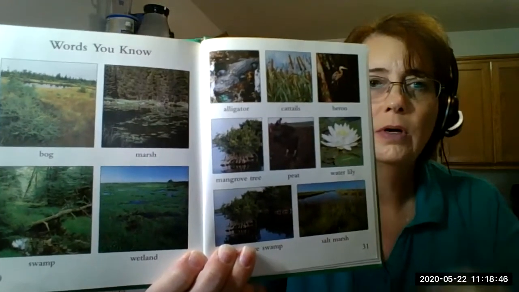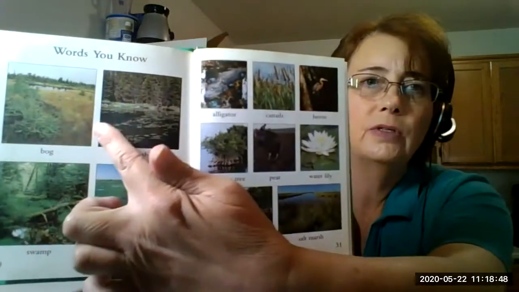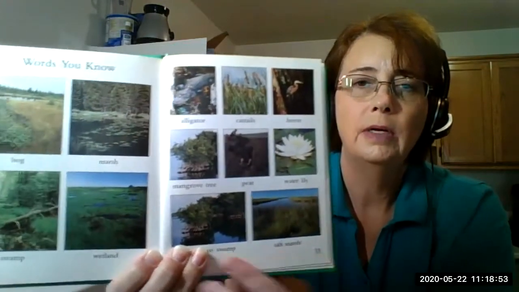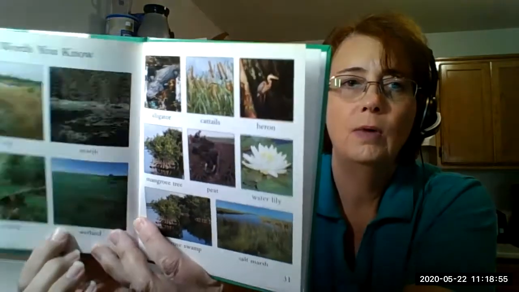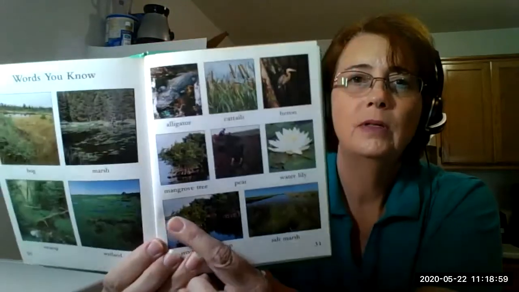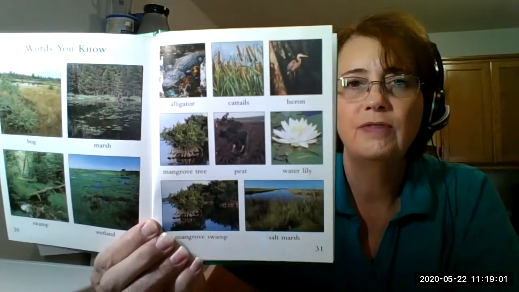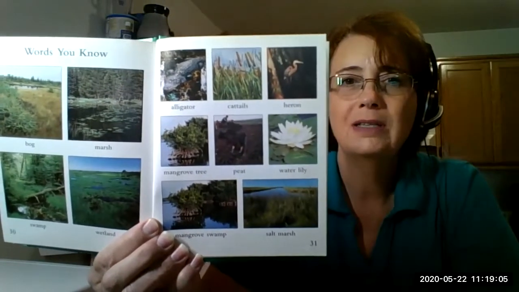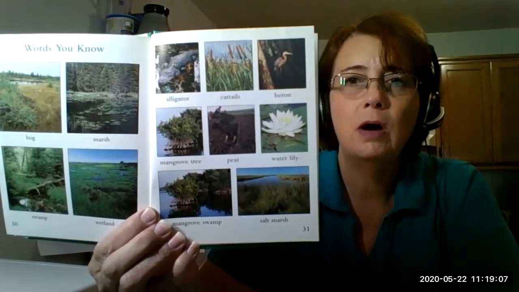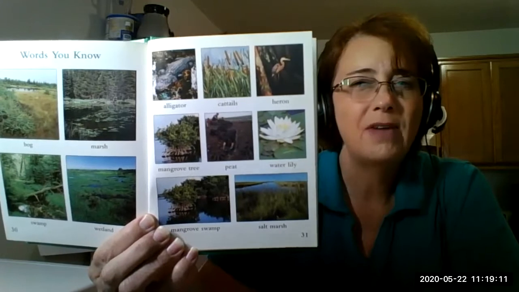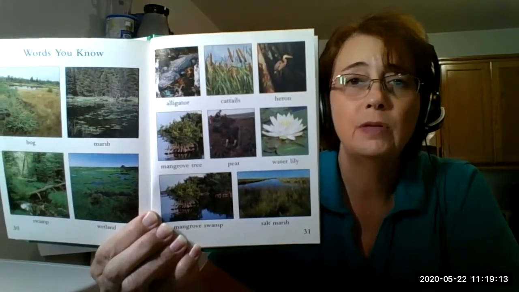So in the upper corner here, I'm sorry, I'm backwards, there's a bog, a marsh, and then a wetland and a swamp. And then up at the top, there are different animals and plants you'll find in a wetland. Notice how it says alligator. This book talks about all kinds of different wetlands, not just Michigan wetlands. We don't have alligators here. We do have some of the other